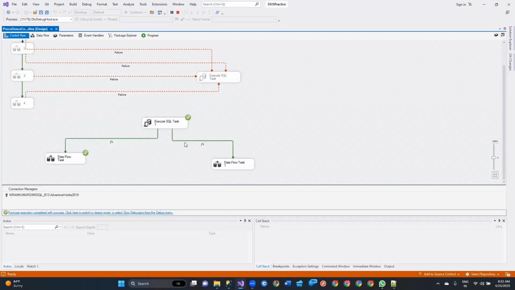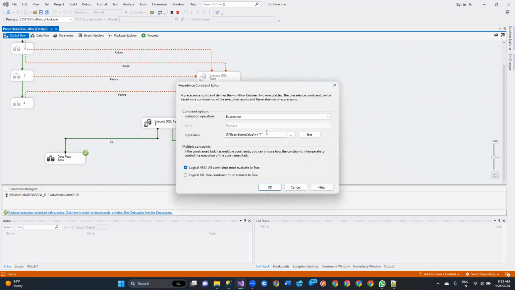Look, it executed. Why? Because here we have given the expression. So here, evaluation operations. If you keep the constraint, then this line should come. When it comes to the expression, that means you have a flexibility to write the expression, or else